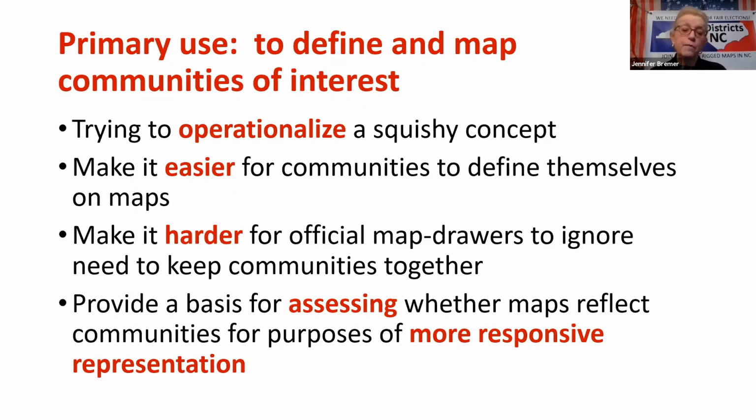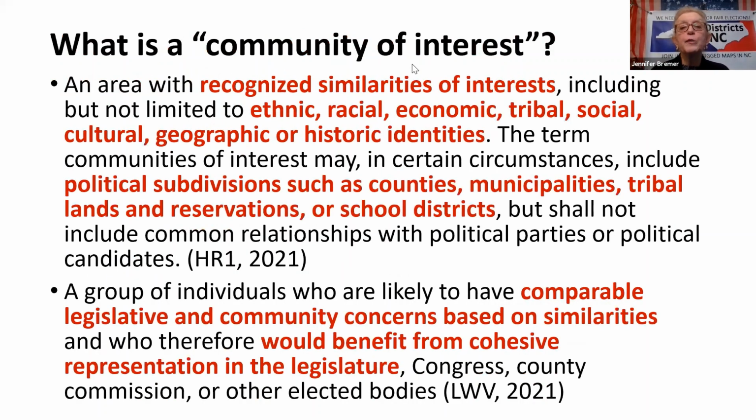Not only that who wins depends on how they vote, but also on being able to hold officials accountable by voting them out. So that's a really key aspect of gerrymandering, that it makes it harder for citizens to hold their officials accountable, and that seriously undermines democracy. So what is a community of interest?